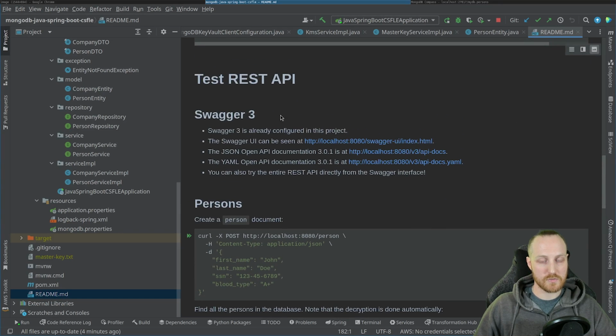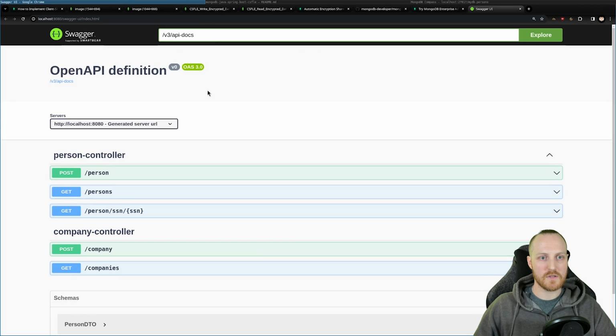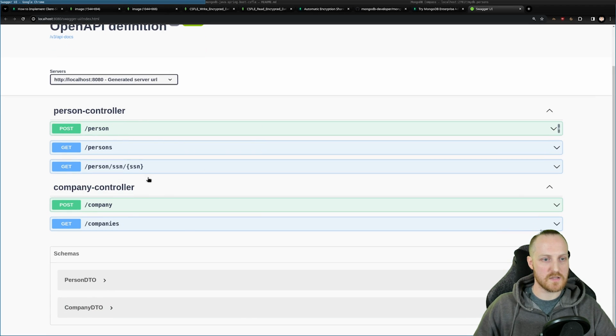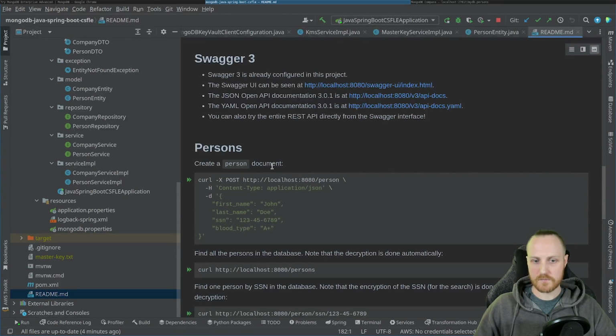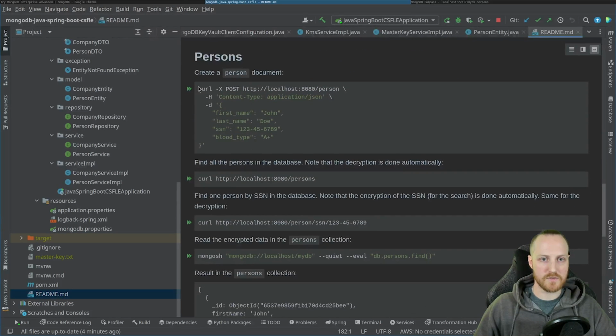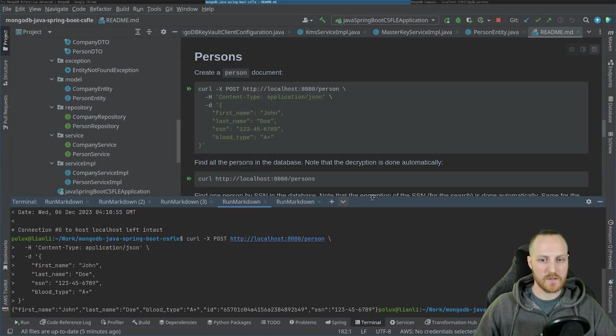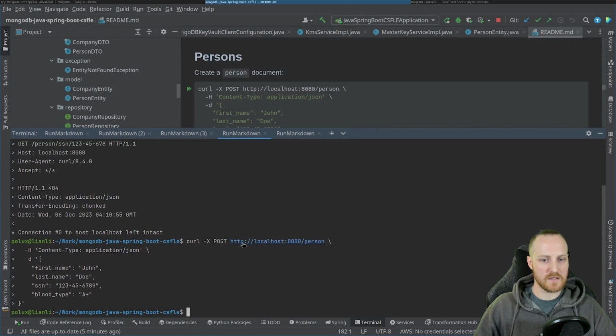You can use Swagger as well to test everything. Swagger is already implemented in this project, so you can see my 3-person and my 2-person routes. So we could use this as well if we want, but just for simplicity here, I will use my curl commands. So if you click here, you see that I'm sending this